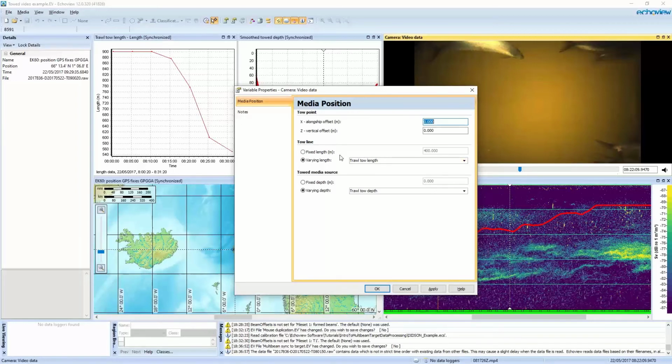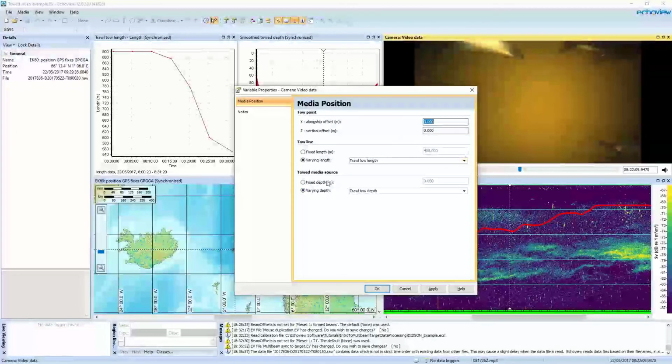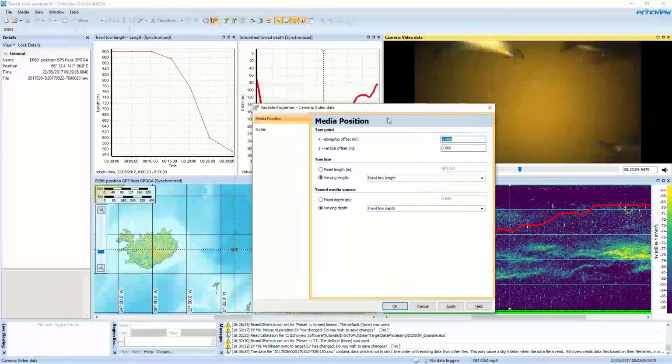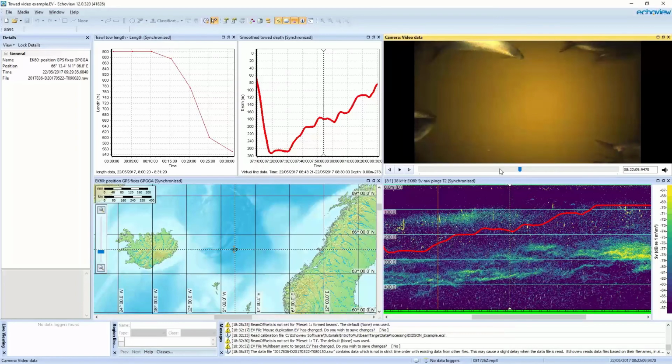Alternatively, you could use a fixed length for an approximated distance. And then we've got the depth of the system, where I've used this information here. And you also, again, have the option to use a nominal depth if you don't have exact measurements. So this helps Echoview to understand where that video is in time, and therefore translating to the same volume of water.